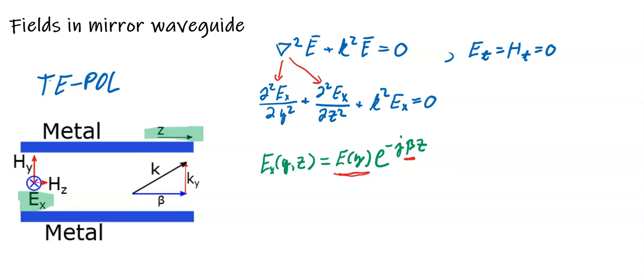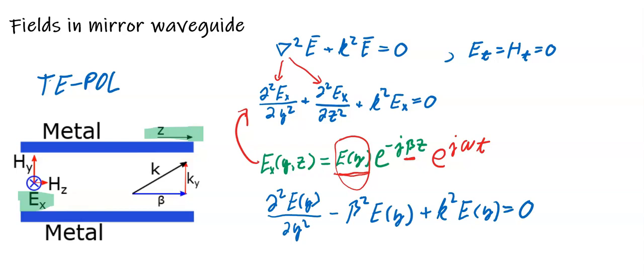You can see that this resembles plane wave in free space, but the difference is the amplitude dependence in the y direction. The field also depends on time by the time phasor, but this is usually omitted in the derivations. By inserting this trial to the Helmholtz equation, we'll get